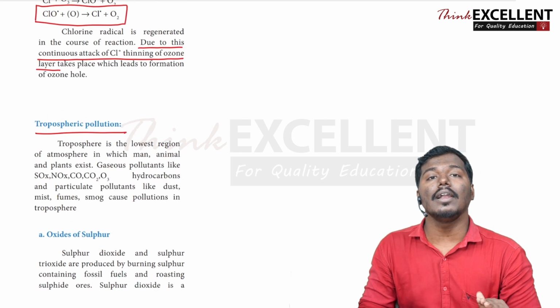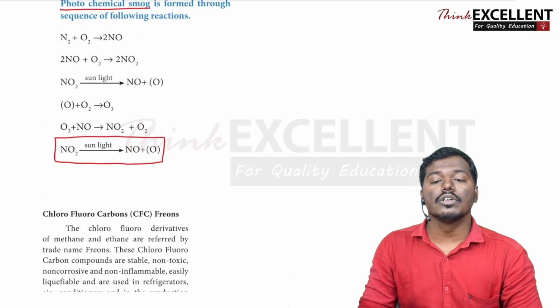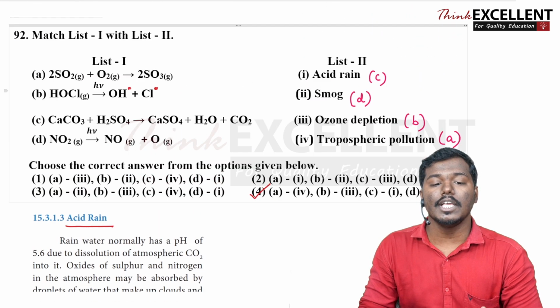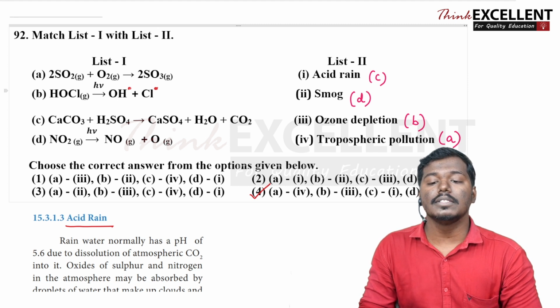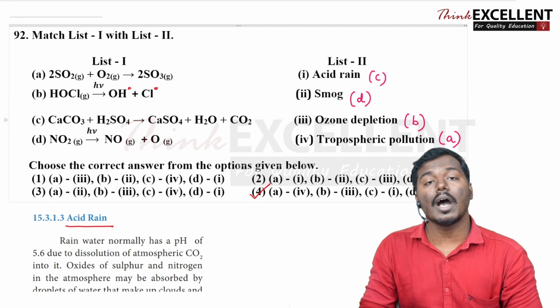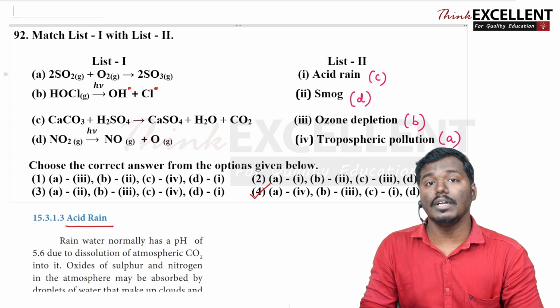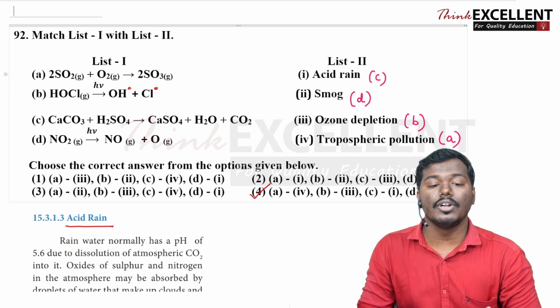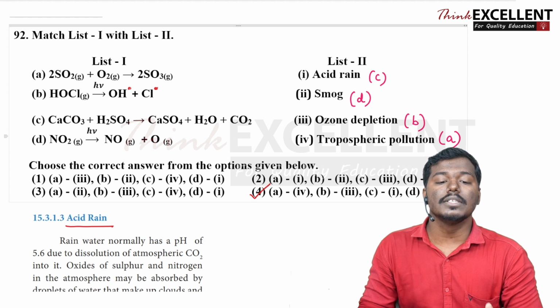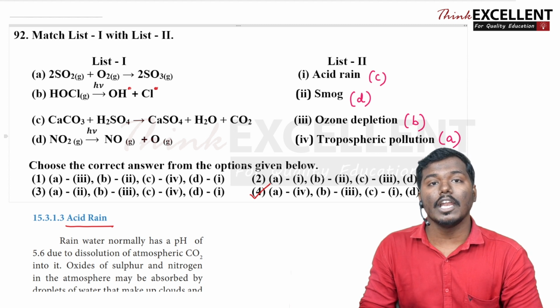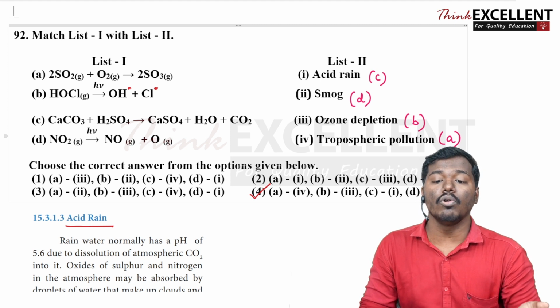So இந்த எல்லா நாலு ஈக்குவேஷனுமே நம்ம bookல படிச்சிருக்கோம். So when you match this, you can see that the first equation is for the tropospheric pollution. This second equation, chlorine free radical form ஆகுதுல, that is the ozone depletion. And this calcium carbonate, when it is reacting with sulfuric acid, this is based on the acid rain, that is the harmful effects of acid rain adula padichirukom. And you can see that this NO2 molecule which is forming this NO and this oxygen atom, that is the nascent oxygen, which is more powerful, that is during this photochemical smog.